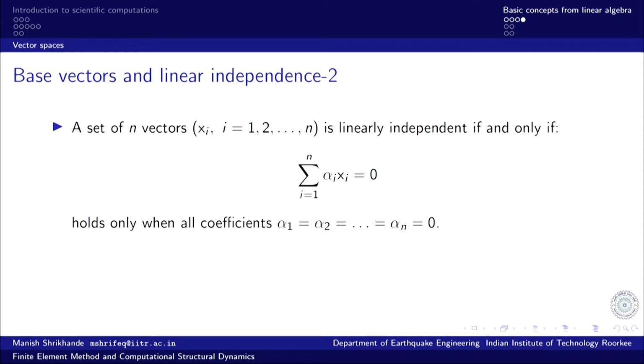So, these are the basic definitions. Just to emphasize, a set of vectors is linearly independent if any linear combination is equal to the null vector only if all the coefficients alpha 1, alpha 2, alpha 3, the coefficients of the vectors associated with it, are 0. Only when these coefficients are 0, only then is this linear summation equal to 0, and then that set of vectors is called linearly independent.